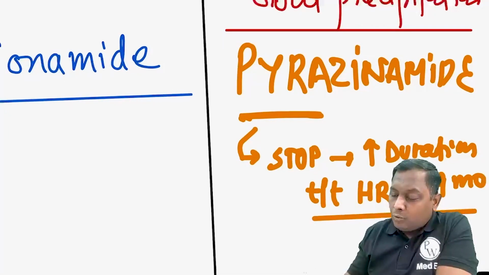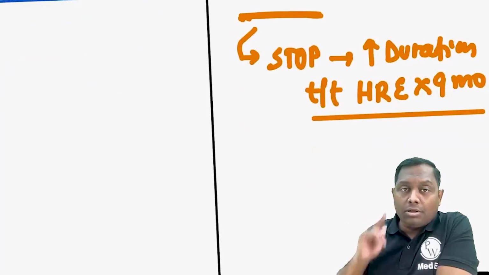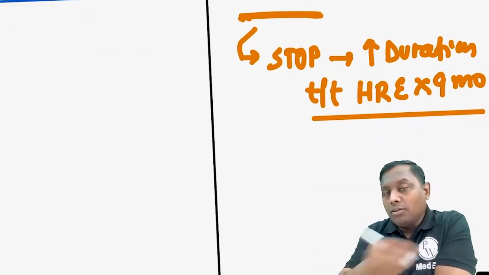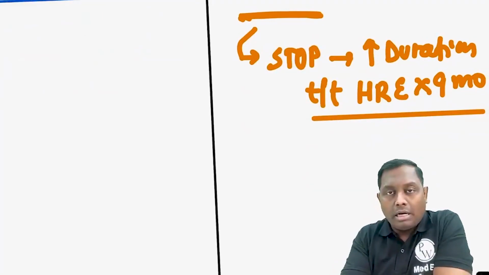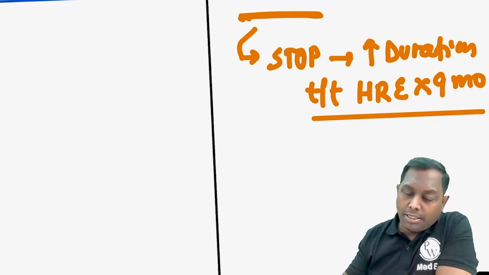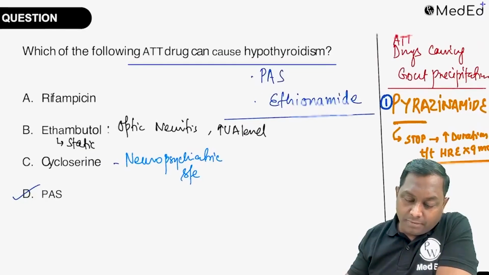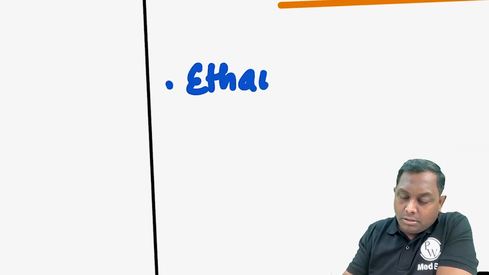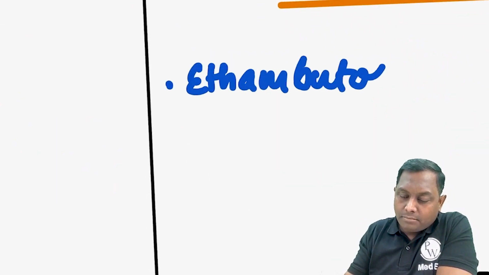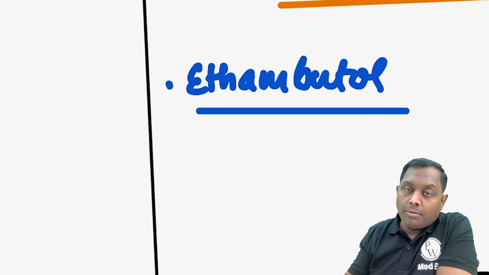So अगर आपको पता चल गया कि this precipitation of gout is again mainly because of this drug pyrazinamide, तो आप उसको बंद करके HRE को कंटिन्यू करिए. ठीक है. Ethionamide is also one of the drugs. So one drug is causing precipitation of gout and ethambutol, sorry, other one is your ethambutol. They can also cause precipitation of the gout. But again दोनों में सबसे ज़्यादा कॉमन कौन होगा? That will be your